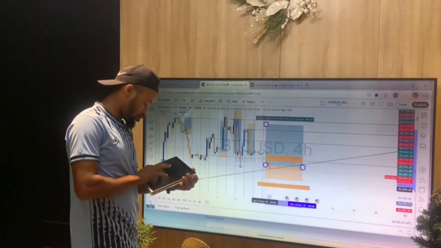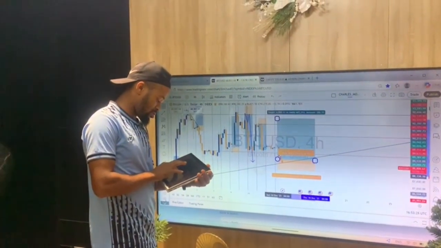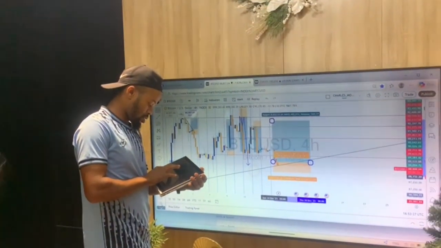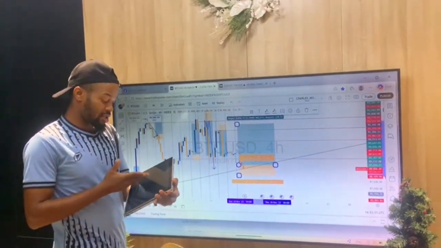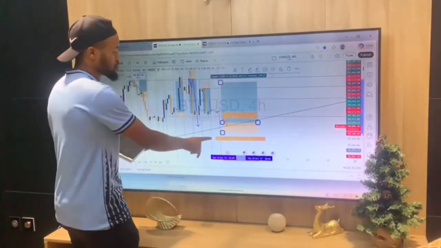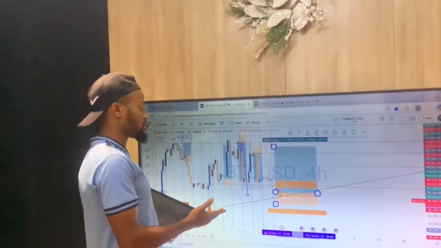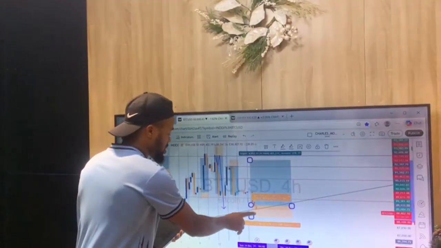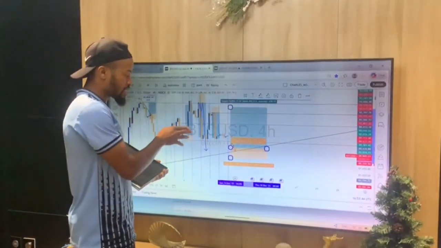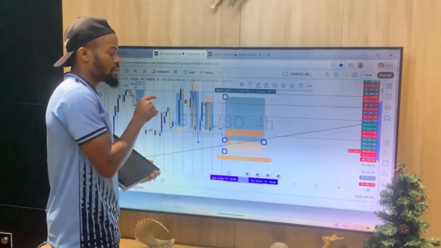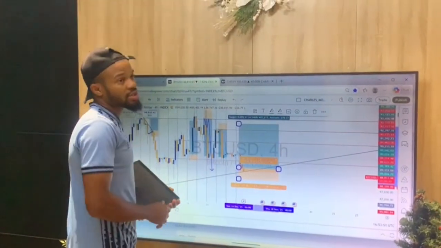My stop loss is usually 1,000. I don't usually calculate the stop loss exactly, but it is usually 1,000 or maybe 600, depending on the structure of the market. For this, I would have loved to take a buy now, but I will have to wait and see what the market is going to do. Maybe if I see a bullish